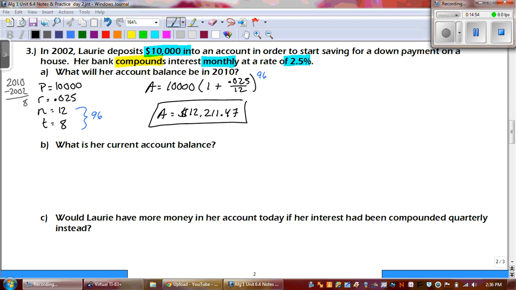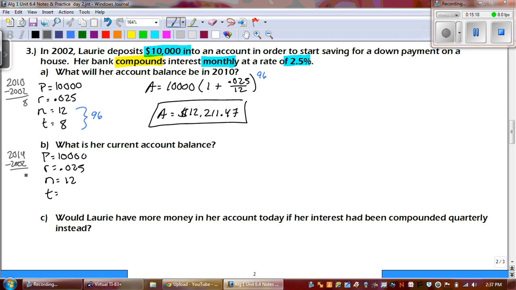Okay, so current, well, what year is it now? Hopefully you're saying 2014. All of her other information stays the same. It's still compounded monthly. But the time, well, now we're doing 2014 minus 2002, and we get 12. Okay, so now we have to find out n times t, 12 times 12 is 144. So now plugging everything in,